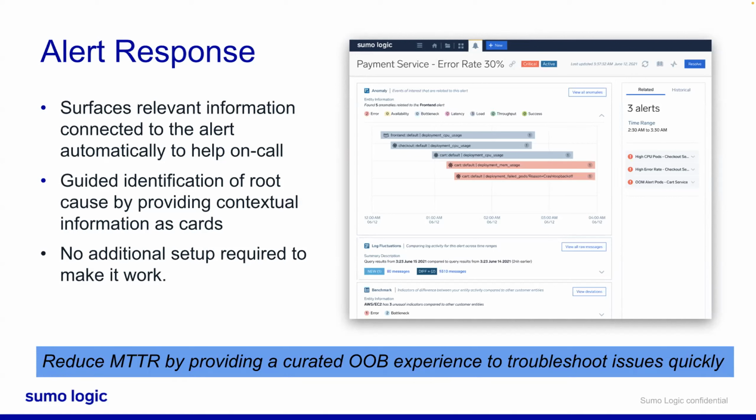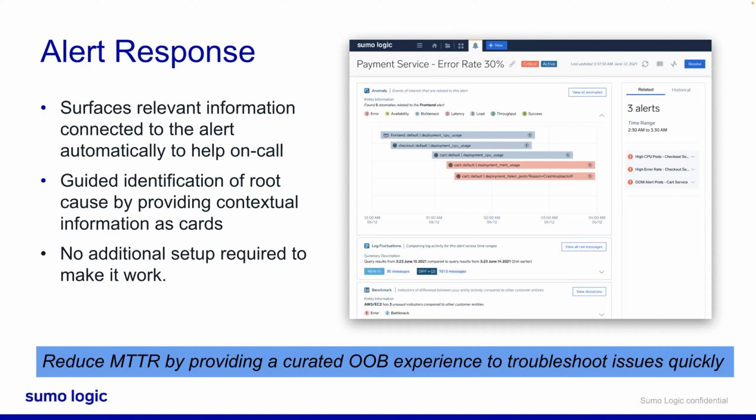And it does that by surfacing relevant information that connects the alert to the underlying issue. You're basically trying to connect that main alert and give you as much information as we can possibly do automatically to help you get started, reducing the barrier for that initial